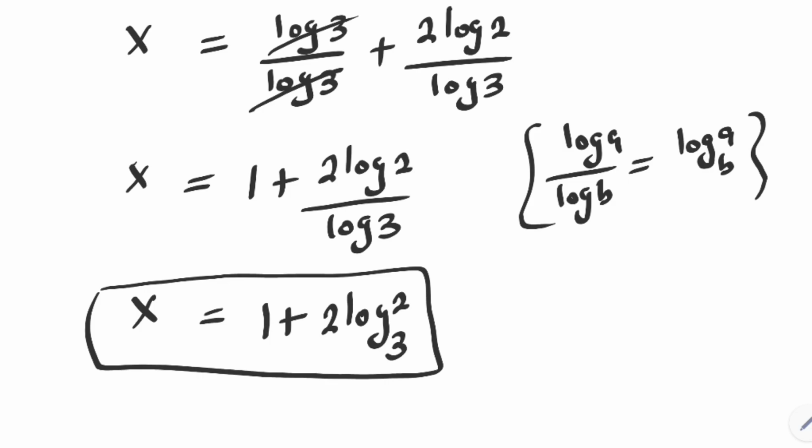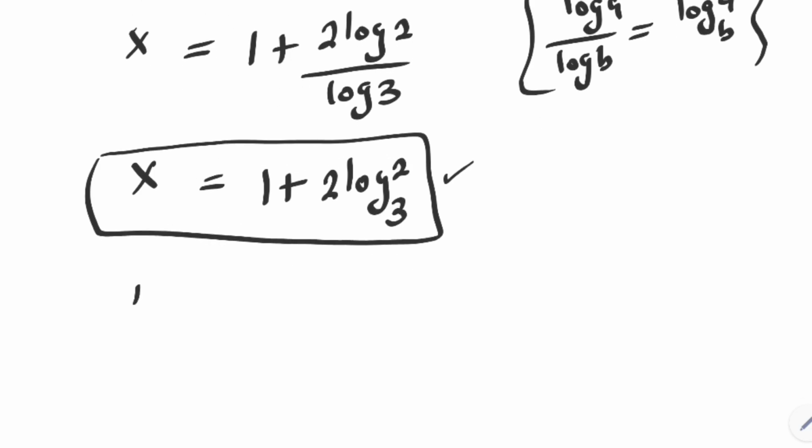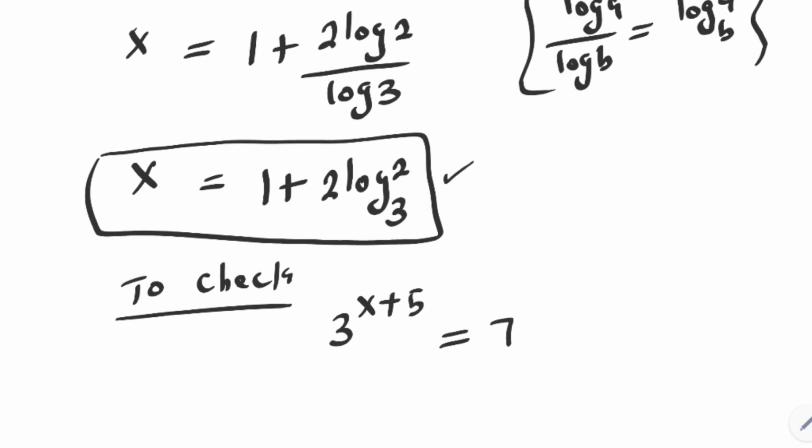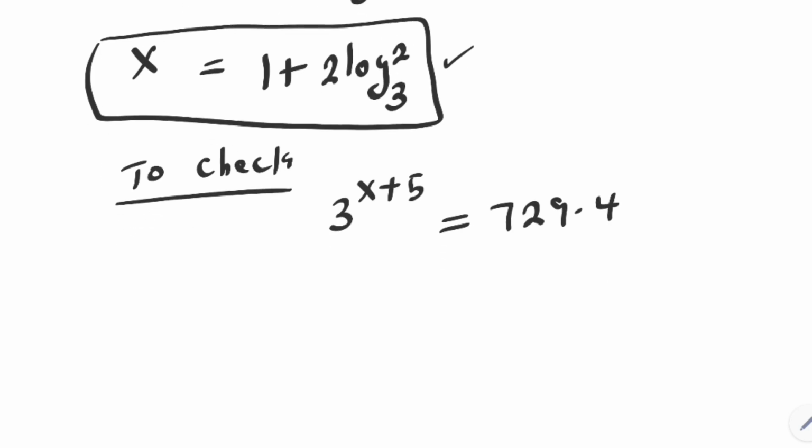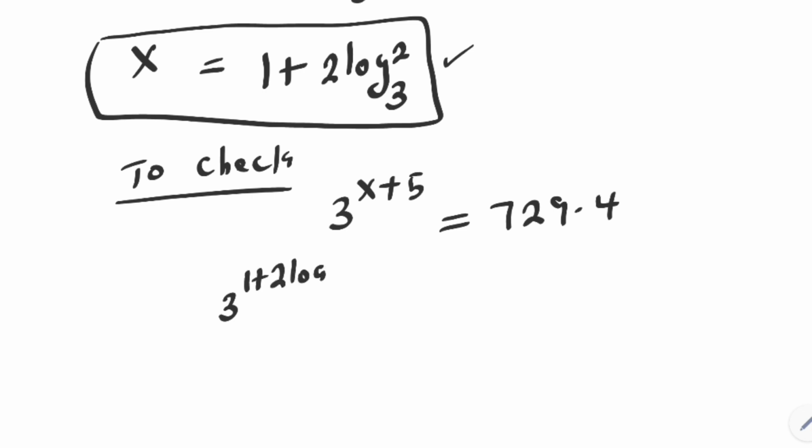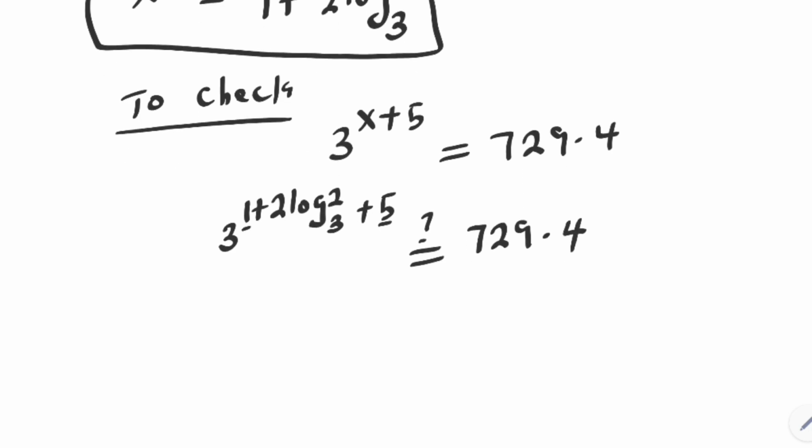We may check to confirm if this answer is right or wrong. Let's check. To check, we have the given equation 3 raised to power x plus 5 is equal to 729 multiplied by 4. Then if x is 1 plus 2 log 2 base 3, we have 3 raised to power 1 plus 2 log 2 base 3 plus 5 must be equal to 729 multiplied by 4. Then we have 1 here, we have 5 here. 1 plus 5, that is 6. 3 raised to power 6